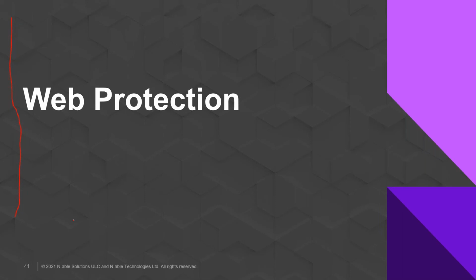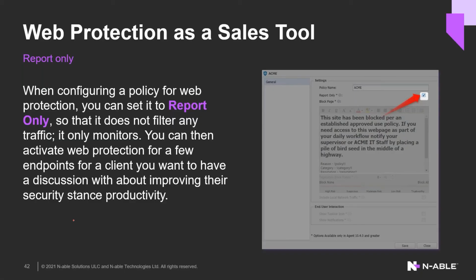What I'm going to suggest to you is to use web protection as a sales tool for yourself and to leverage it in an optimal manner to get more customers and get more money out of the platform. Web protection can be used very effectively as a sales tool. You can configure web protection to work in report-only mode. When you do that, it will not apply any policy, will not restrict any traffic, will not do anything, will simply collect that data of what the users are doing